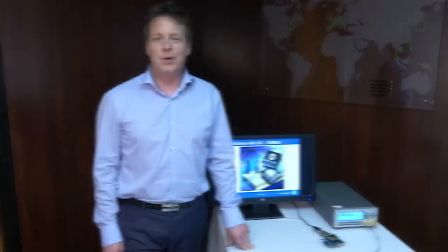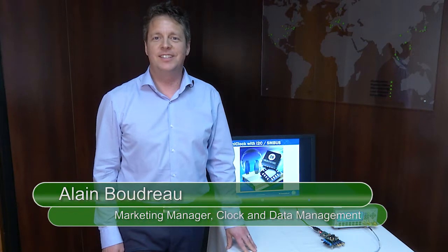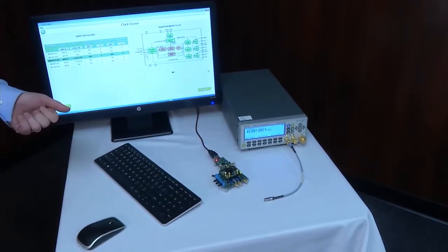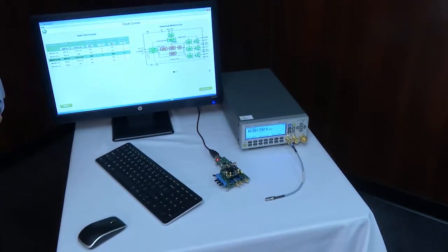Hi, my name is Alain Boudreau and I'm a marketing manager in our clock and data management business unit at OnSemiconductor. Now we want to show how we can use the Clock Cruiser software to load different configurations using the